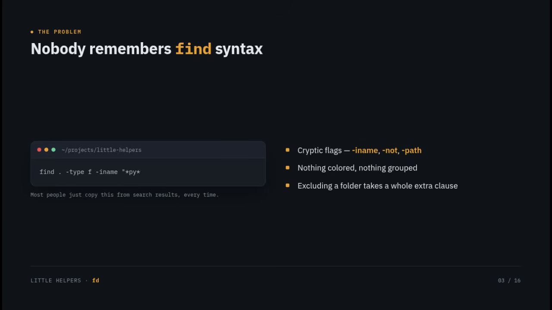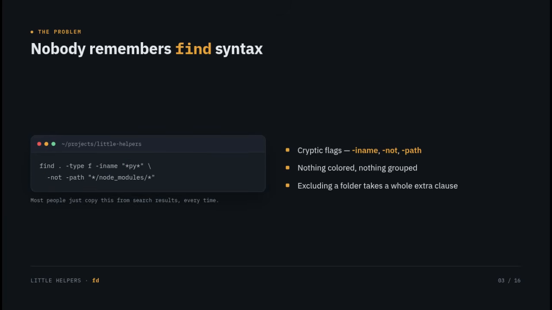Here's a real find command: find, dot, -type f, -name, a wildcard pattern, -not, -path, another wildcard for node_modules. That's the actual syntax for something as simple as find Python files, but skip that one folder. It works, but nobody remembers all of that from memory. Most people just copy it from an old terminal history or a search engine every single time they need it,